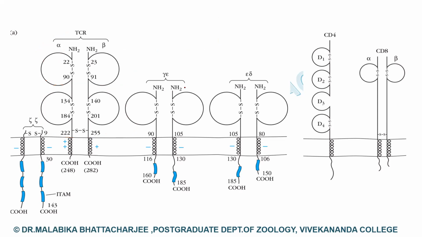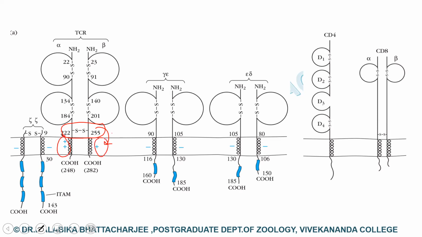Now we move on to the C-terminal end of the T cell receptors. As you can see, at the C-terminal end of the constant domain, each TCR contains a short connecting sequence in which a cysteine residue forms a disulfide link with the other chain of the heterodimer. And then we have this small transmembrane domain containing about 21 to 22 amino acids, which keeps the receptors anchored to the plasma membrane.